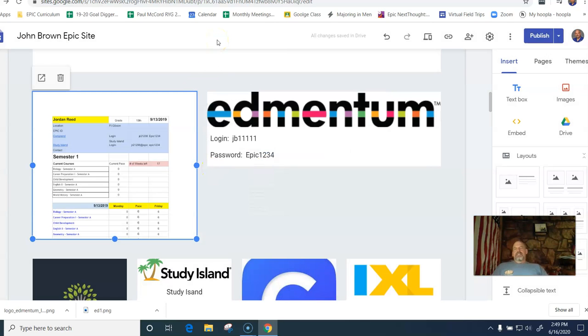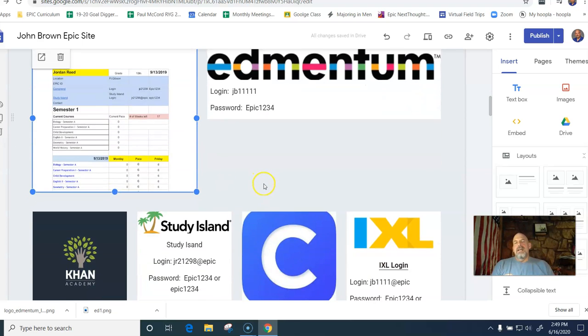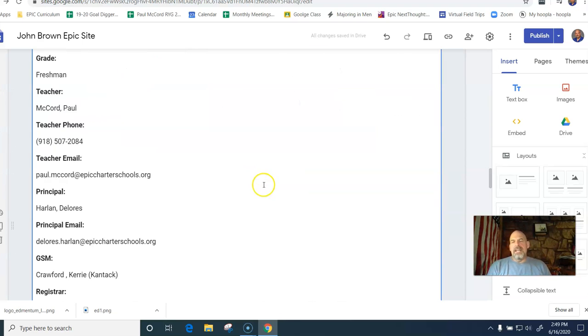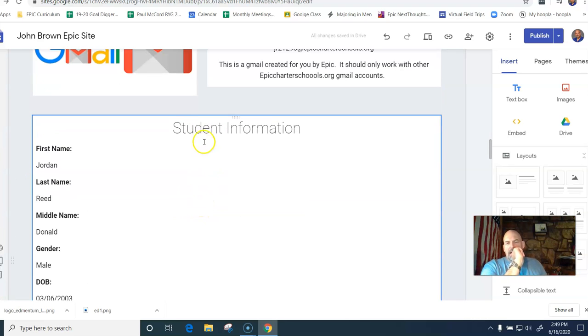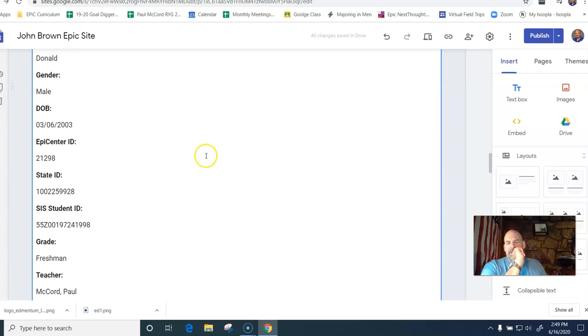And there it is. Right there. There's the new one right there. Okay. You can also do that if I go all the way down. Now here's something I did. I just took a picture of their student information. You can also copy and paste it, but I got that from their grade book and I put it in